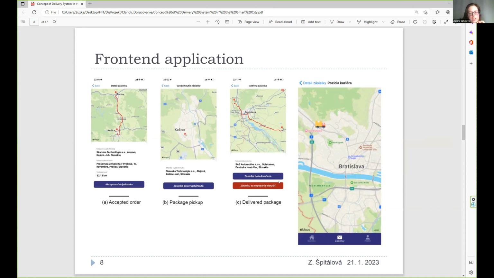And the last thing the courier has to do is mark that the package was delivered. After this delivery, the courier is the person who marks the package as delivered. Or if there is some problem with the delivery, he can also mark this package as not delivered.